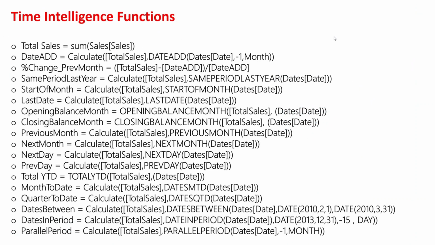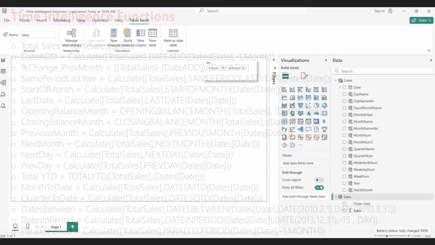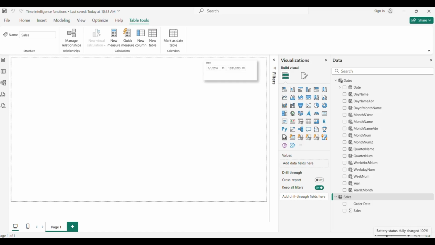They are very useful, especially when we want to understand the trend of our data in the long term. And here are all the functions that we will use today. As you can see, they are quite a lot. They are doing different things and have different outcomes depending on what we will need in our future reports. We can just use them, but let's see them in action. And without further ado, let's just start.